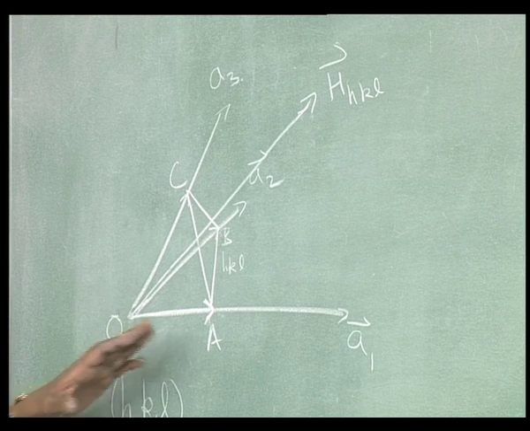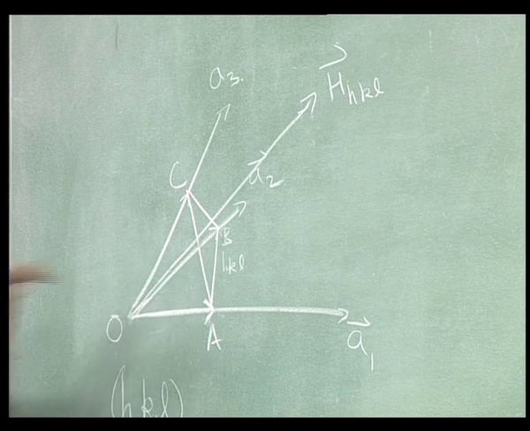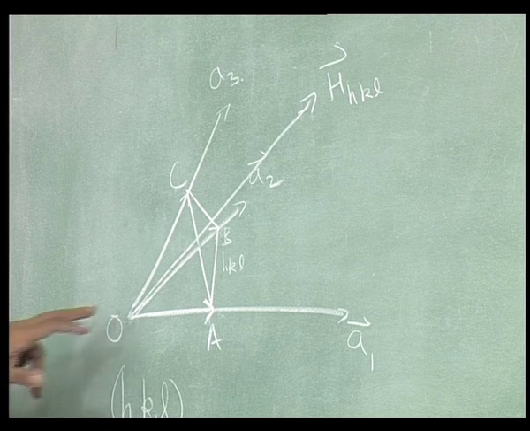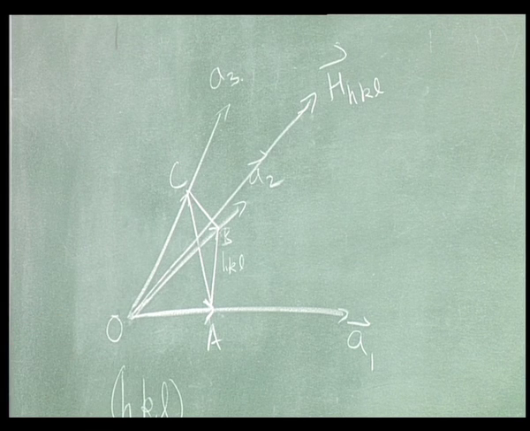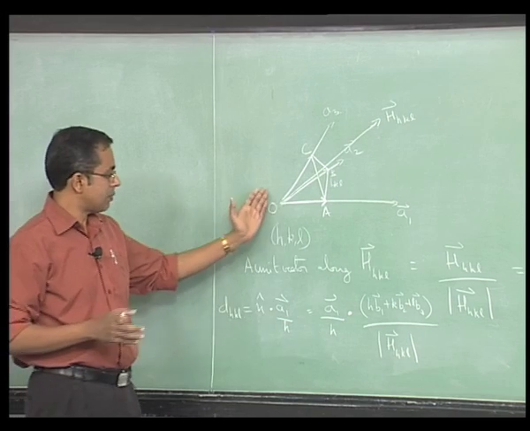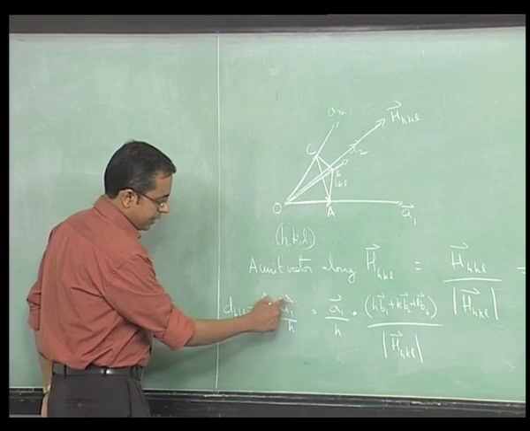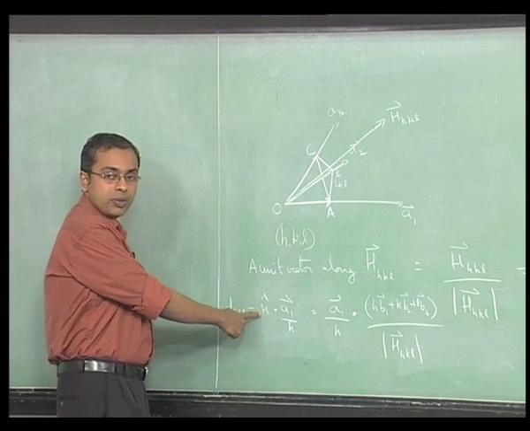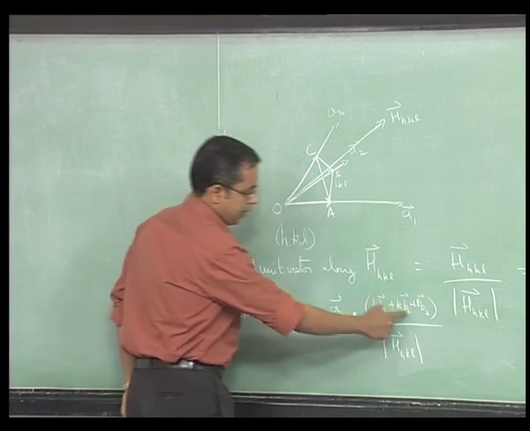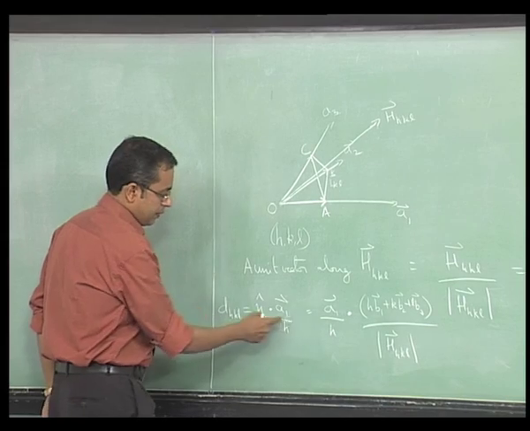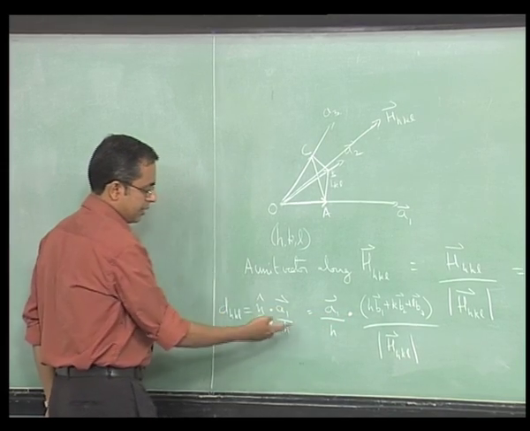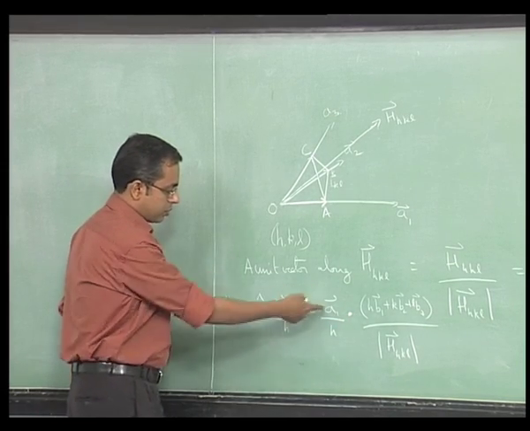So if you take the component of the intercept along the perpendicular, that is the closest approach that the plane makes to the origin, and that is therefore the D spacing of that plane, because the next plane is sitting at the origin. So DHKL is the component of this vector A1 by H along this unit vector here. The unit vector is simply defined by this, and since it is a dot product, it does not matter in which order we do it.